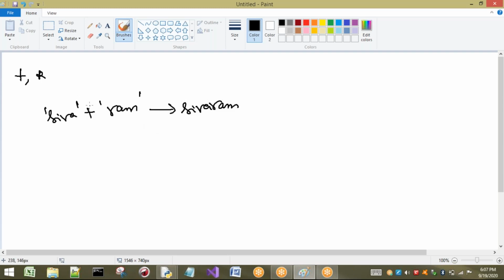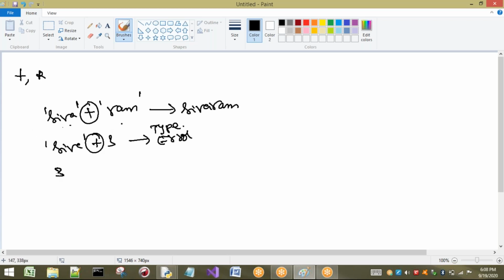That means if I am going to use this plus with strings, compulsorily both objects should be strings only. If I take, for example, one number, we are going to get an error, which is a type error. We are going to get a type error, because if we are using this concatenation symbol, or plus symbol, with one string, at least one string, the other also should be a string.